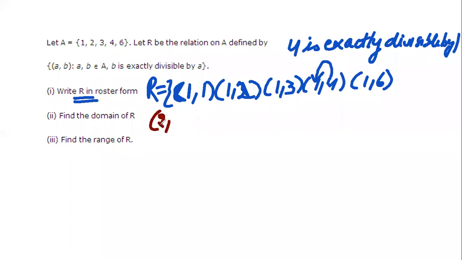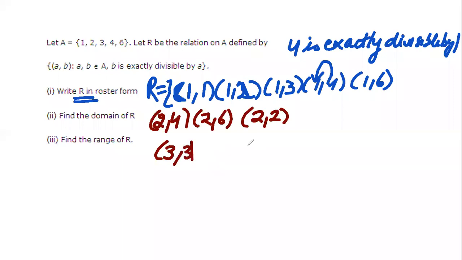With 2. Ma'am, (2, 2), (2, 4), (2, 6). Very good. Yeah, that is (2, 2) also. Very good, Pooja. I think Arsh was there. Next, tell me with 3. (3, 3), (3, 6). Wow, very good reply. That is (3, 3) and (3, 6).